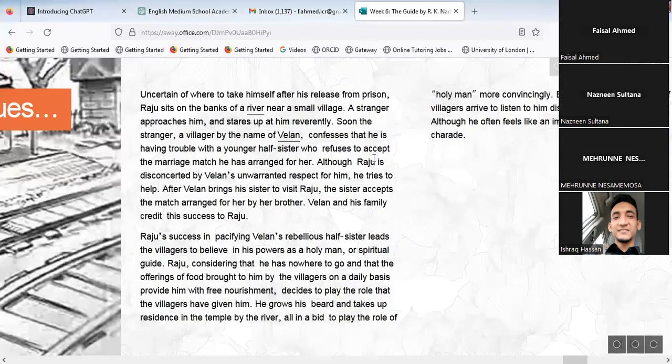Soon the stranger, a villager by the name of Velan, confesses that he is having trouble with a younger half-sister who refuses to accept the marriage match he has arranged for her. Although Raju is disconcerted by Velan's unwarranted respect for him, he tries to help. After Velan brings his sister to visit Raju, the sister accepts the match arranged for her by her brother. Velan and his family